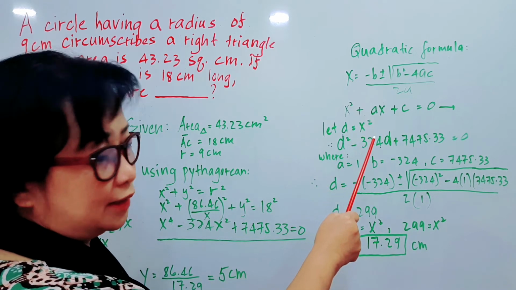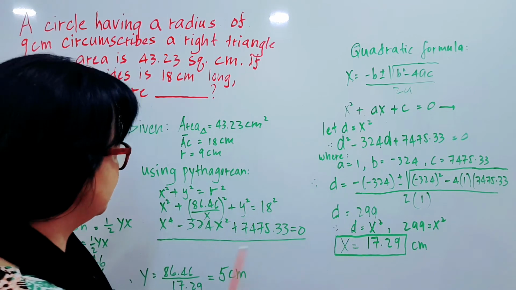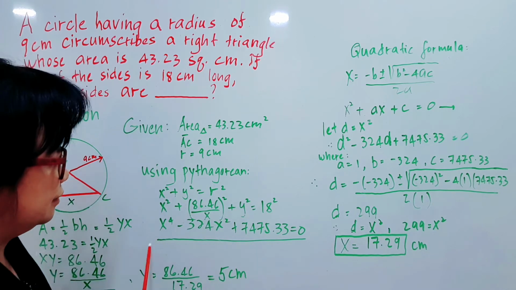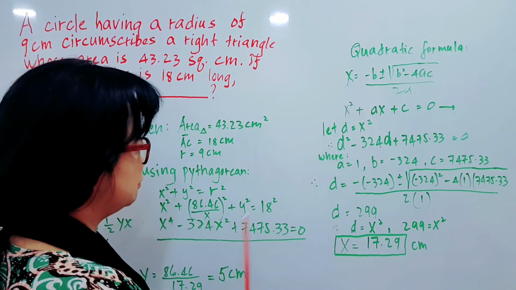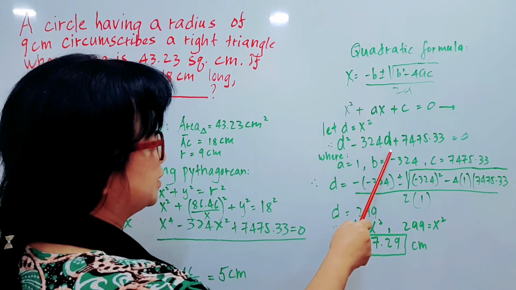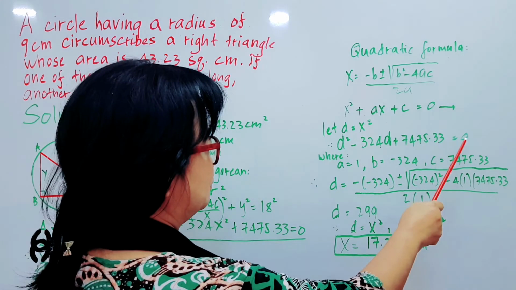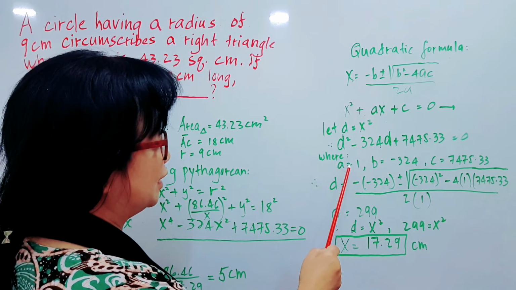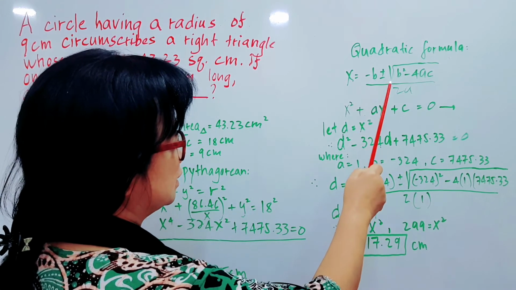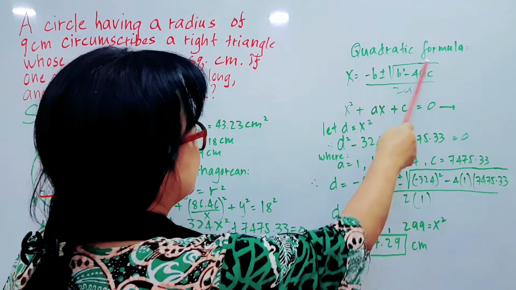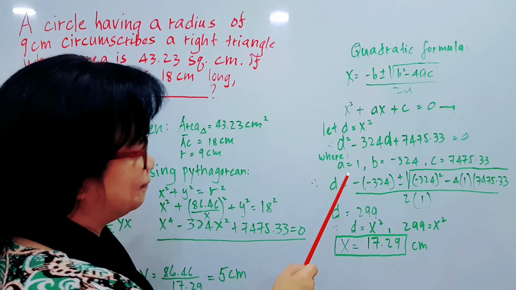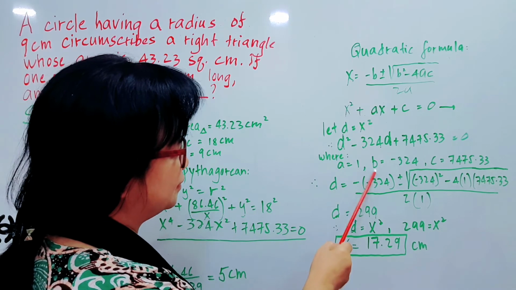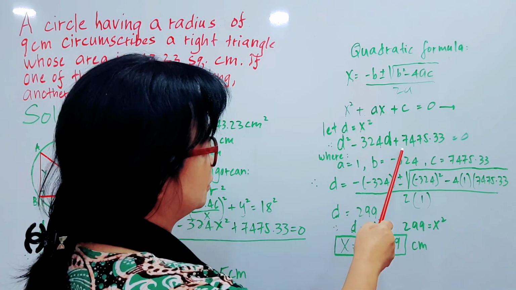We will let d is equal to x squared. So, substituting the value of d to this equation, this one will become d squared minus 324d plus 7475.33 which is equal to 0. Now, dito sa equation na to, makuha natin yung value ng a, b, and c para sa quadratic formula. So, ang a natin dito, the coefficient is 1, b is minus 324, and c is equal to positive